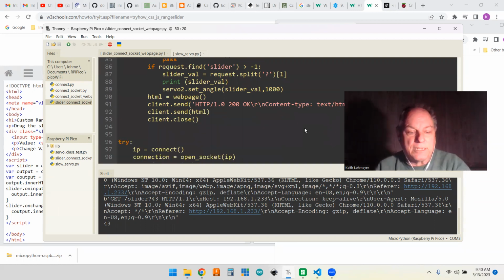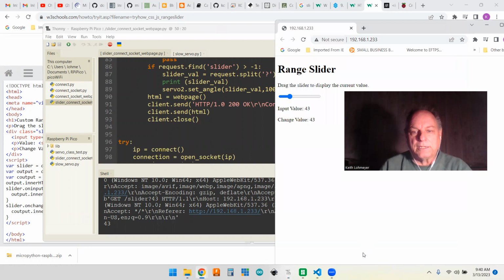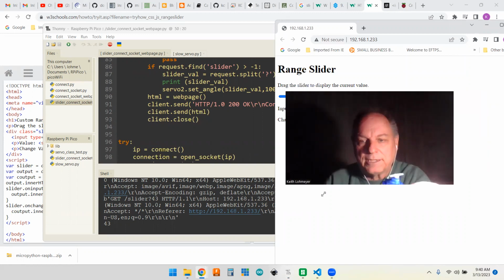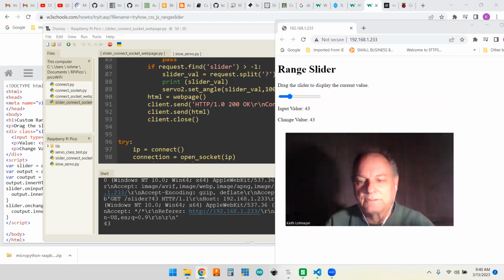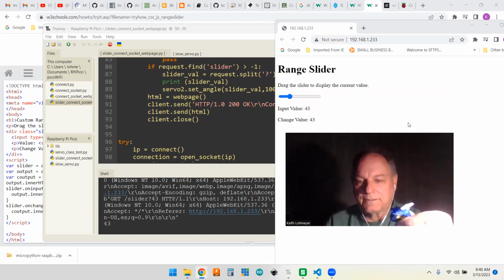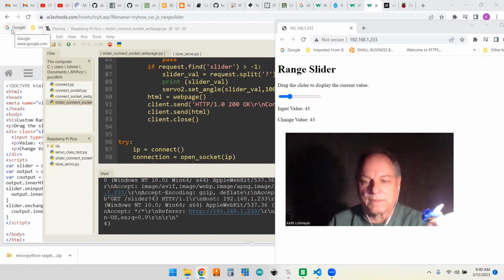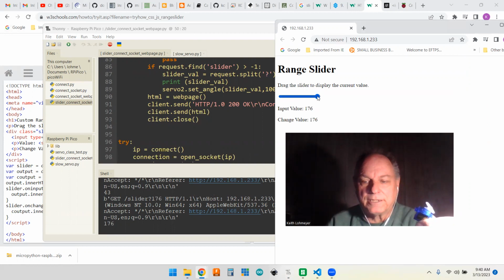So anyhow, like I said, I have it running. Let me make myself bigger and get out of the way of the servo here. There we go. Maybe you can watch it run. So we'll run it up close to 180. And you can see it took